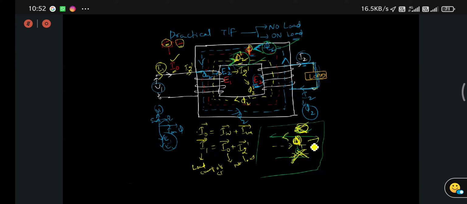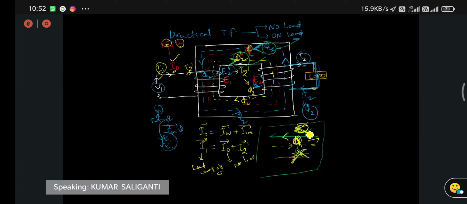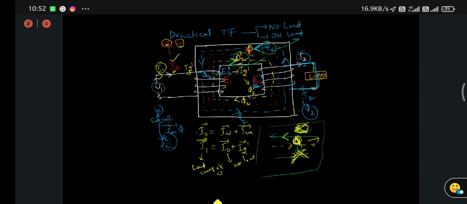This is the main flux. This flux links with both the primary and secondary windings, after cancelling out pi 2 and pi 2 dash. In some books, instead of pi 2 it is given as pi 1, and this E2 dash will be E1 dash. But you remember, I just mentioned E2 dash here. By the way, have you understood this concept or not?